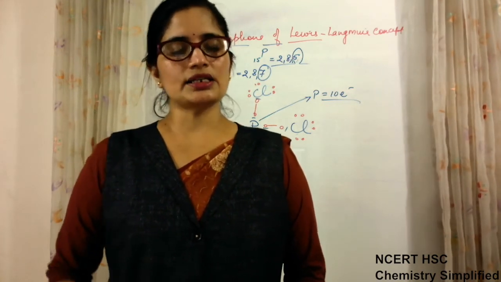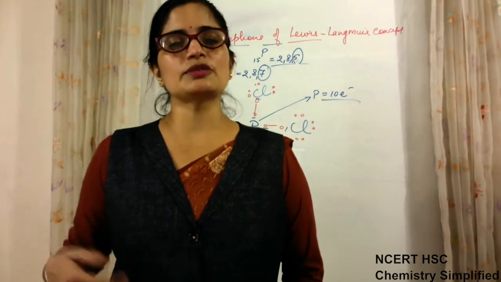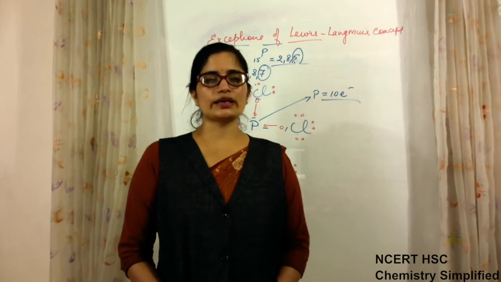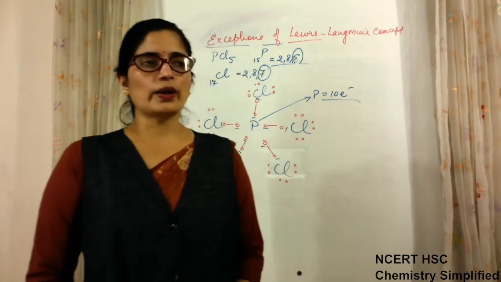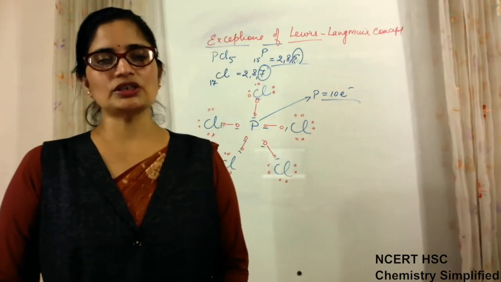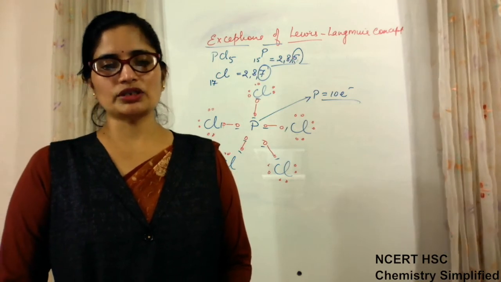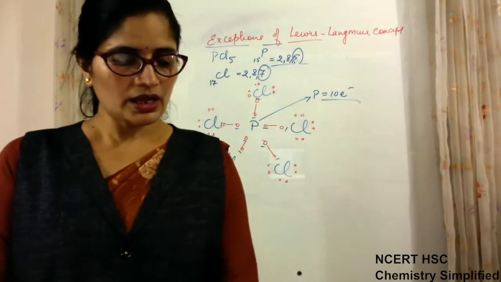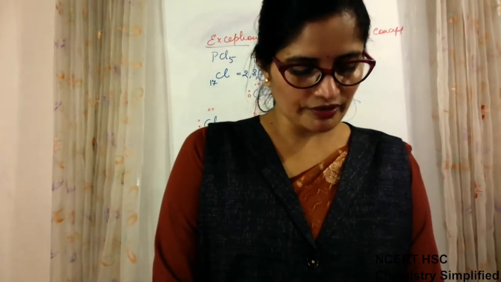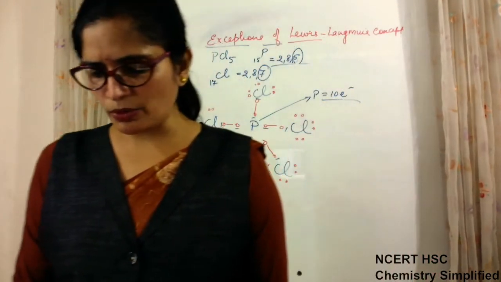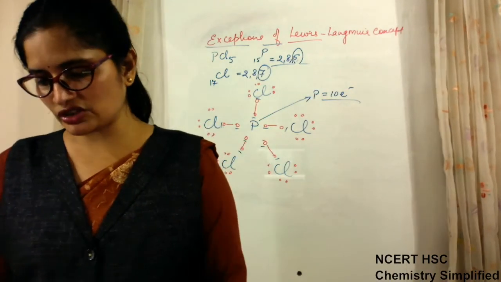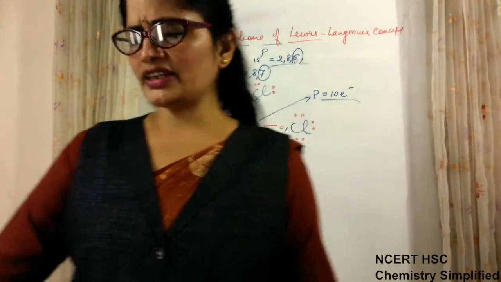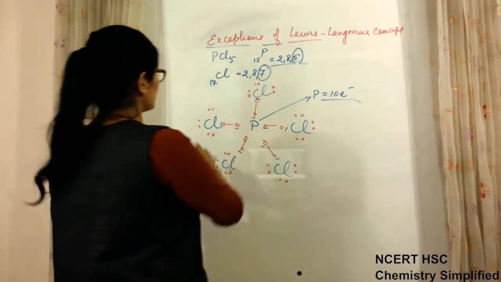So other scientists were working on how these bond formations have taken place. The next theory which came into existence after this was the valence shell electron pair repulsion theory, or VSEPR theory in short, which we will take in the next class. Before we start with the next theory, there are several small points, or you can say terms, which you should understand, that we need to discuss. So we have some time.